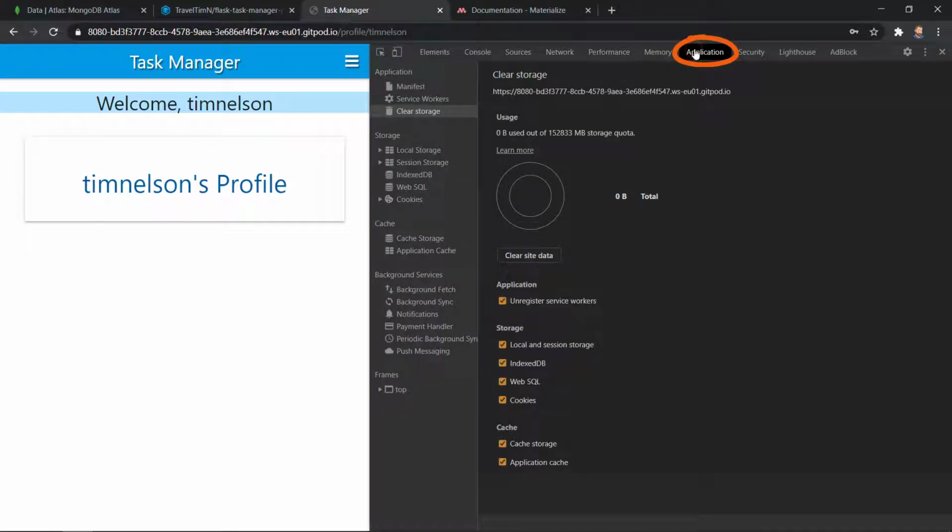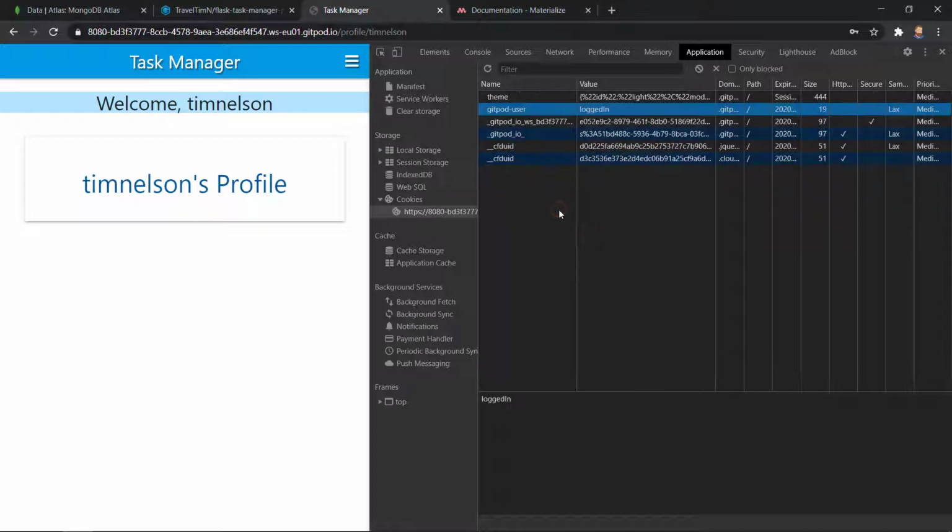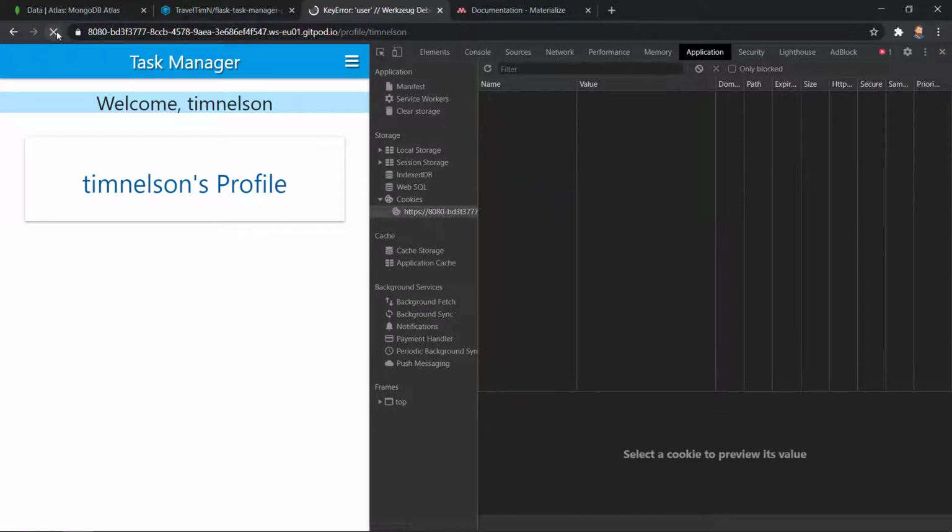Click on the Application tab, and within the Storage section, you can see Cookies. Once you expand the dropdown for cookies and click on the URL for this site, you can see various cookie names. Most of these come from the editor I'm using, but the one we're interested in is Session. For security reasons, it doesn't provide much in terms of information, so it doesn't show us that this session cookie has a variable called user, for instance. However, if you right-click and select Delete on the session cookie, then reload the page, let's see what happens.